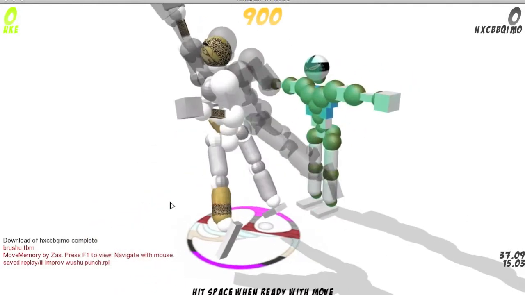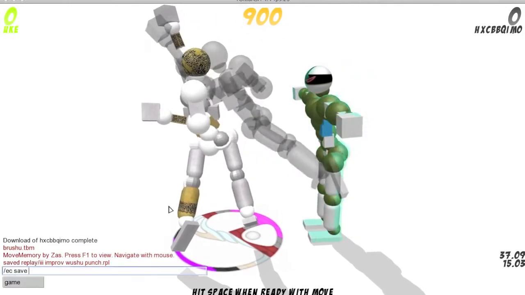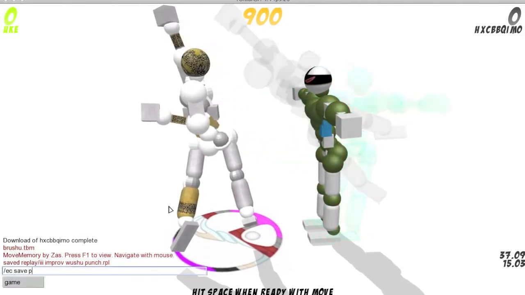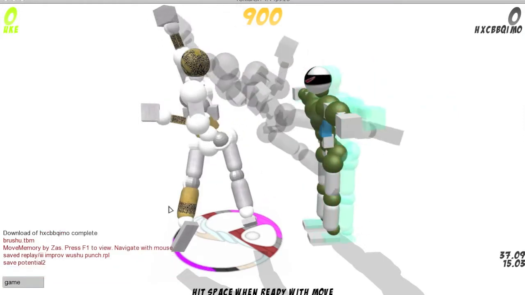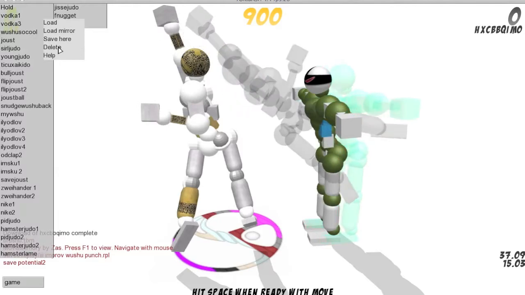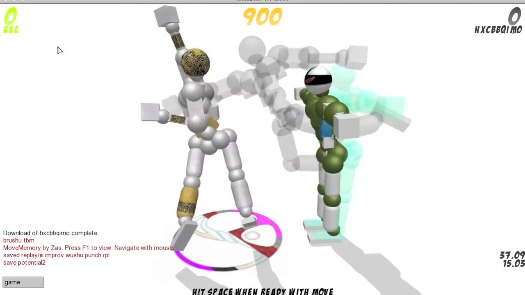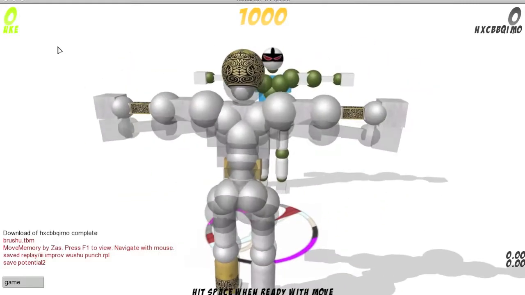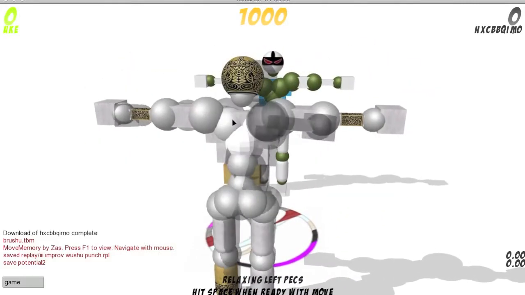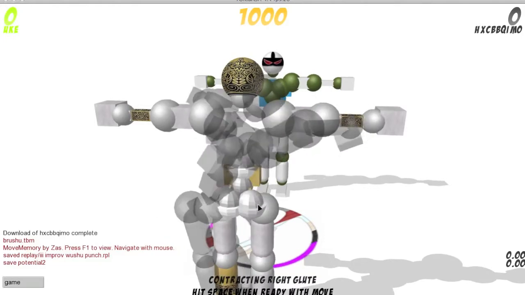I'm comfortable with one of them, and then I'll save that with the X save potential 2. And I'll save the first turn as potential 1, and then it's loaded up here. I'm not going to keep that because, you know, it's not very good of an opener. But basically what you're looking for when you're improvising is play games of Wushu, play games of Aikido, play games of Tachyon, and when you see that you've done